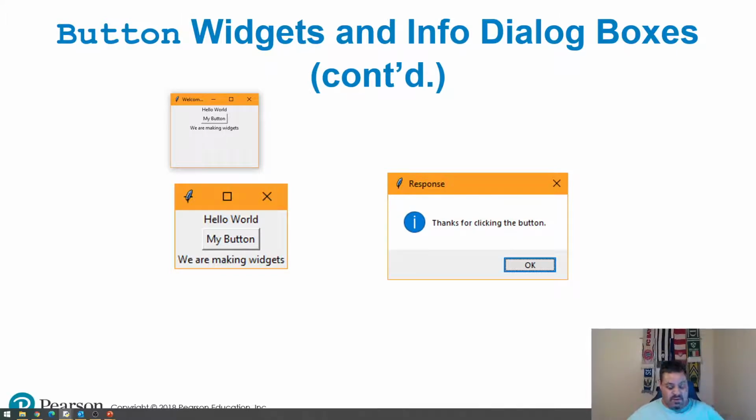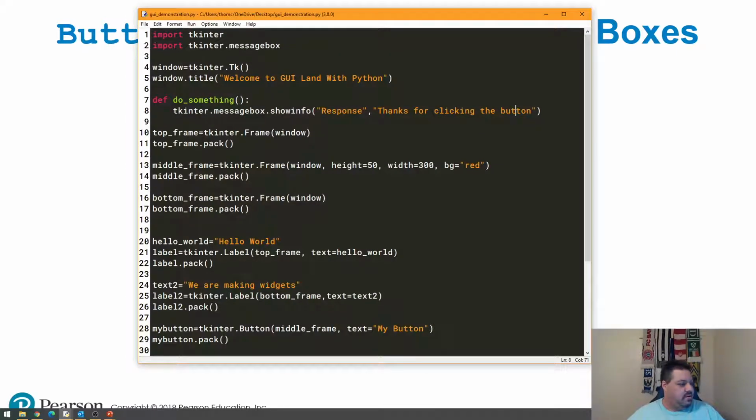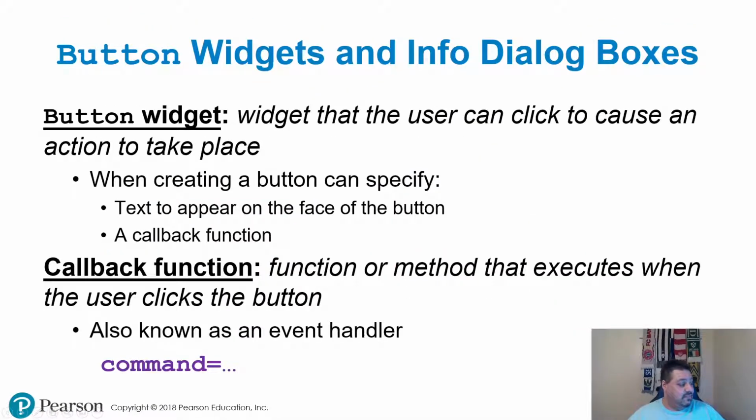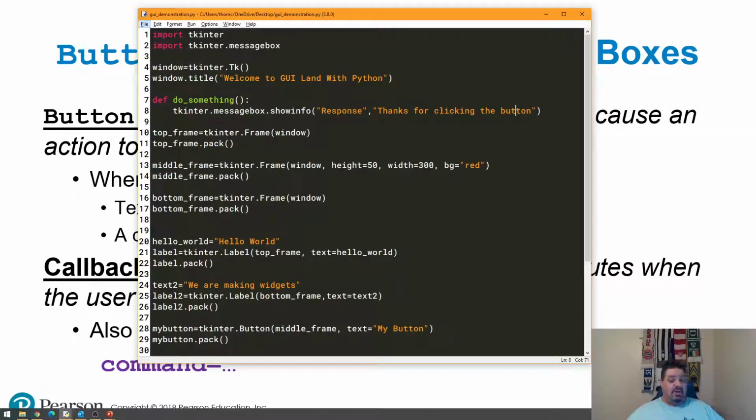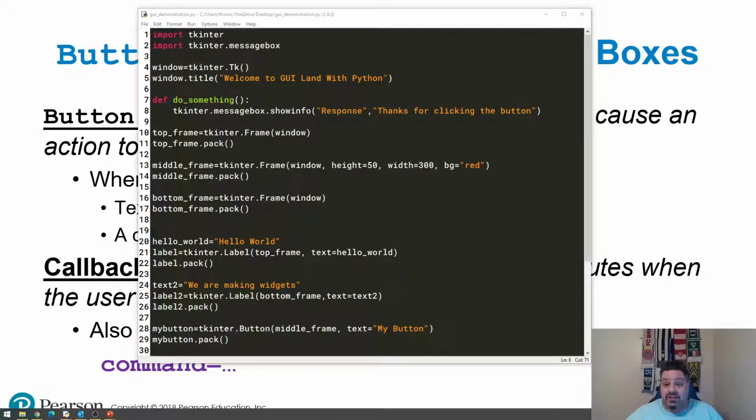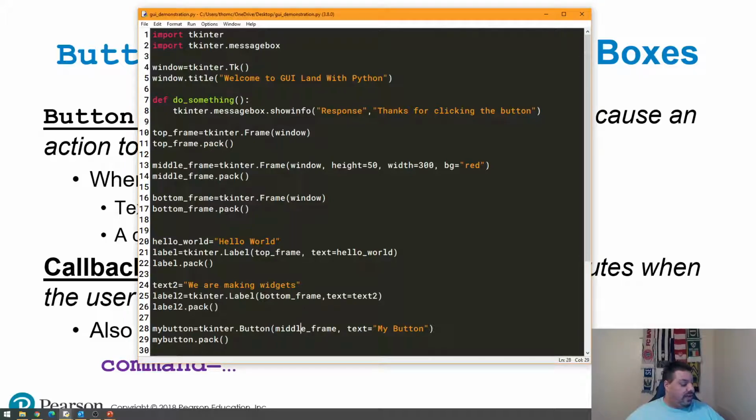And nothing happened. Why didn't it happen? Because we didn't assign it to the button yet. So let's go back a phrase here. Our button has to have a callback functionality, as I said. And we do that with a command. So we're going to find our button down here. So we have tkinter button. We assigned it to middle frame. We assigned some text to it. And now we're going to assign one more thing to it. We're going to say command equals